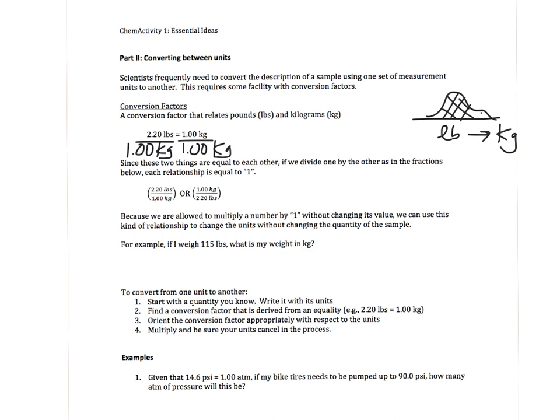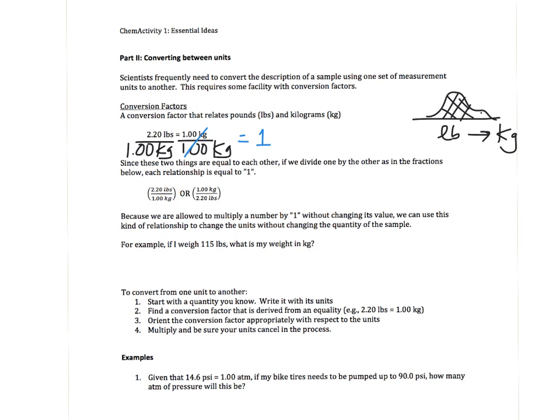And what we get on this side is everything cancels out, and this side becomes 1. So that means that 2.2 pounds over 1 kilogram is like a 1. And anytime that we have something that's like a 1, we can multiply something else by that 1 without changing its value. So since these two things, meaning the 2.2 pounds and the 1 kilogram, are equal to one another,